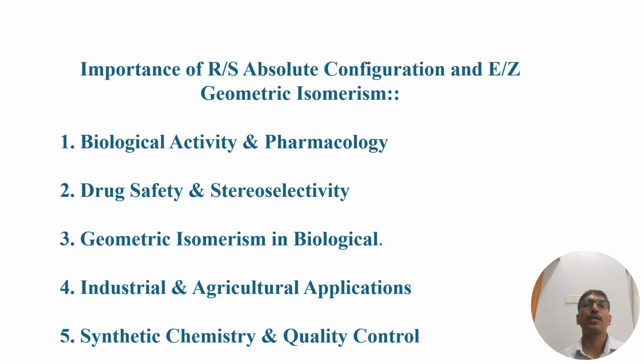Before we move on to the assignment of absolute configuration for R and S enantiomers and also E and Z geometrical isomerism, we also need to discuss some of the importance behind these absolute configuration assignments. First one is the biological activity and pharmacology. R and S configurations of chiral molecules are critically important in drug design, as enantiomers can exhibit vastly different biological activities. For example, one enantiomer may be therapeutic while the other is toxic or inactive, as seen in thalidomide